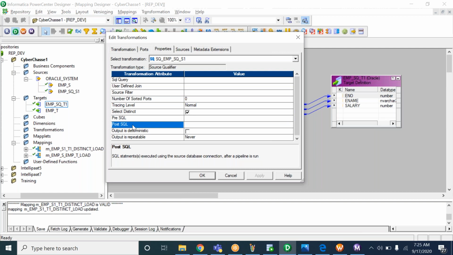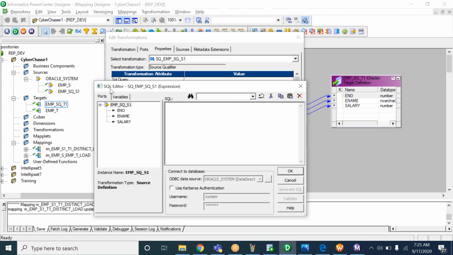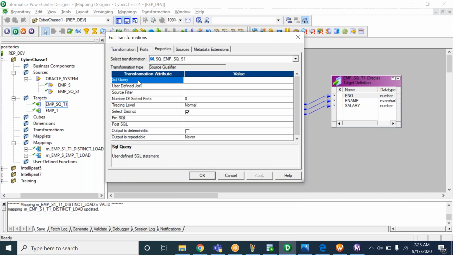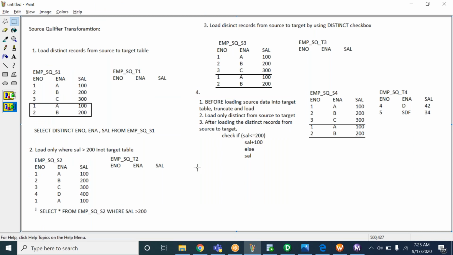In the same way, PostSQL. Here also you have the property to write the SQL query. So we have total three fields here: SQL query, pre-SQL, and PostSQL. So what are the three fields we have?